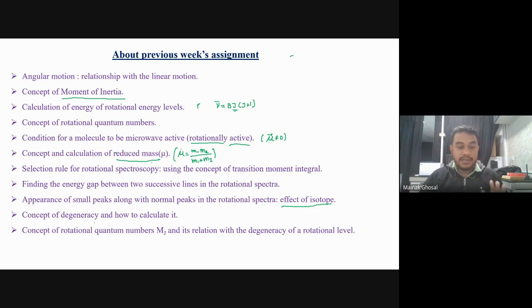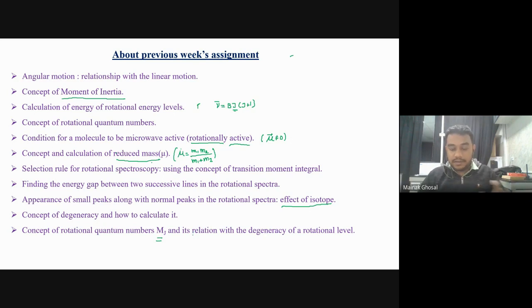This is about what degeneracy is and how to calculate it. Also the rotational quantum number mj was discussed, and how it is related to the degeneracy of a rotational level. Okay, this was the previous week's assignment, and last week I solved some problems regarding